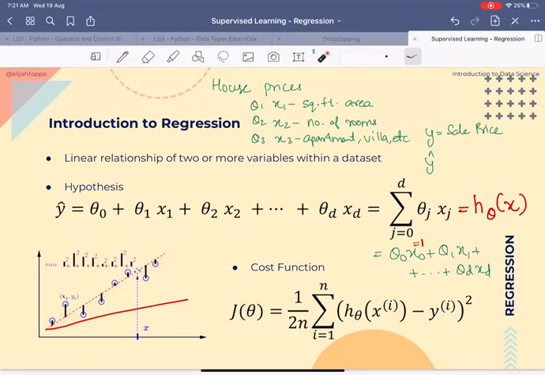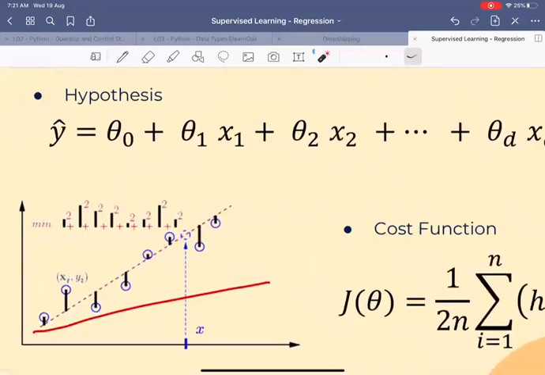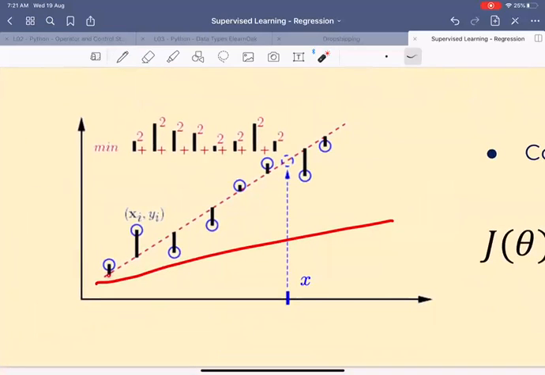Let me take this line and say, this is my data point. How far is my prediction from the actual value? The circle is the actual value, and the line is what we are predicting. What is the difference between these two? This is one error. This is an error, error, error, error, error, error. If I add all of these error terms, I should get some sense of how good or how bad my model is. Does that make sense?